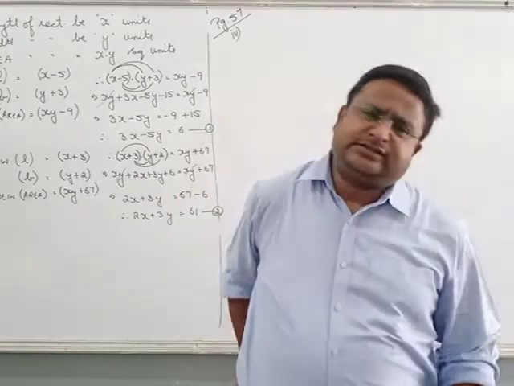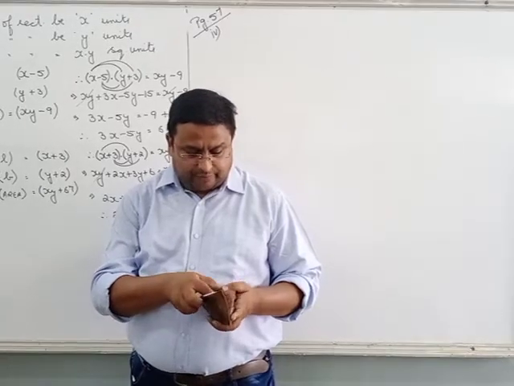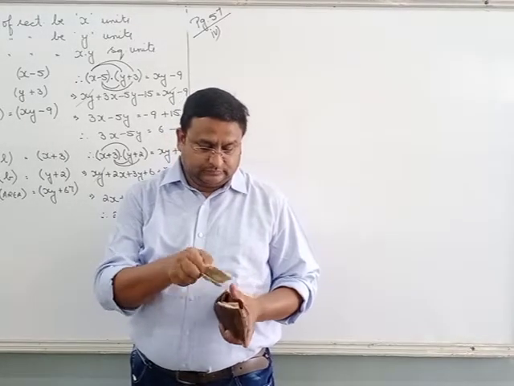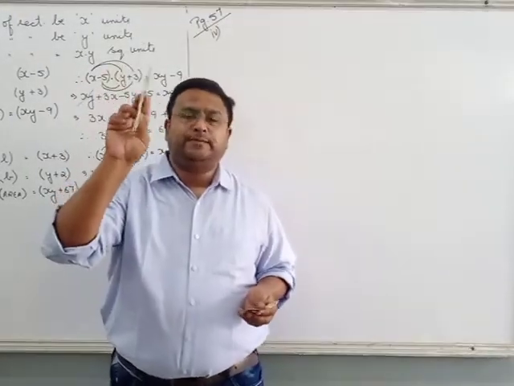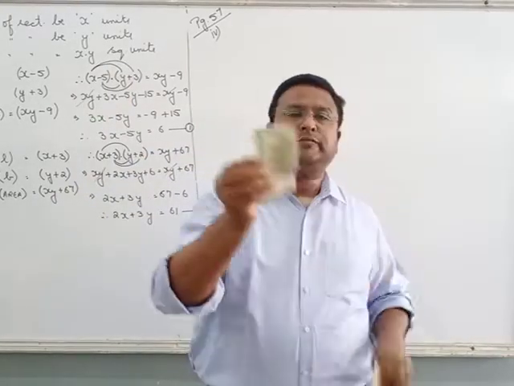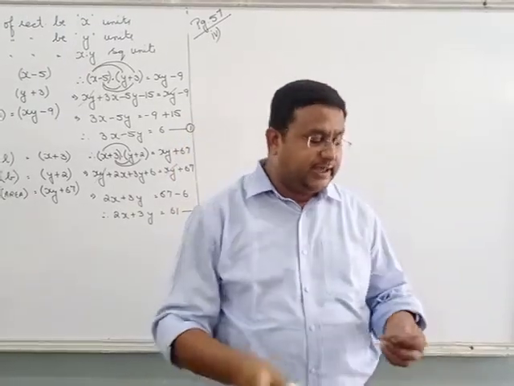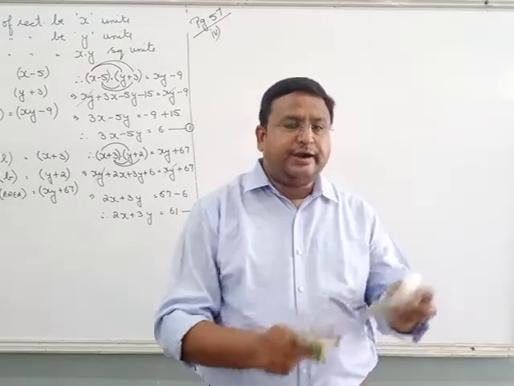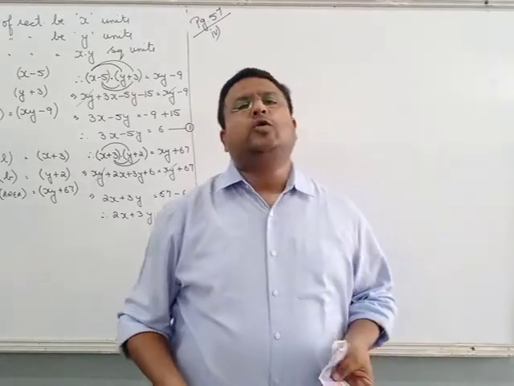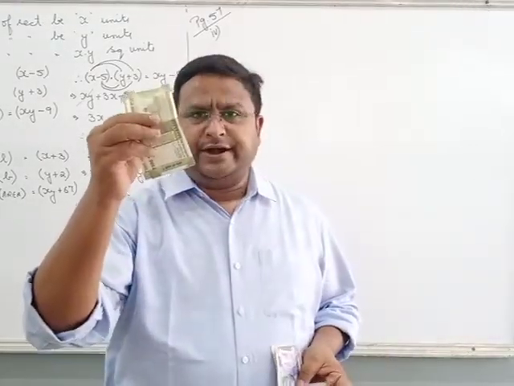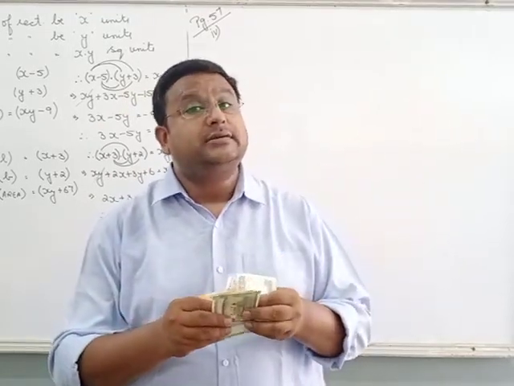If I have, say, let me check my pocket, how many rupees do I have? I have some currency notes with me. Say this is a 500 note. If I have 3 notes in front of me, what is the amount I am having? 500 multiplied by 3, 1500. Simple calculation. Same way, there are 200 rupee notes. The total amount is 500 into 3 plus 2 into 100, that is 200. The total amount I am having is 1700.